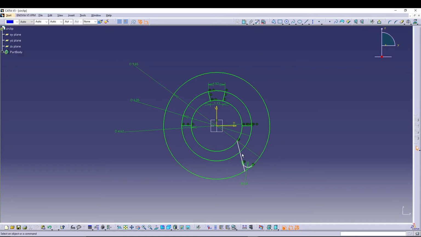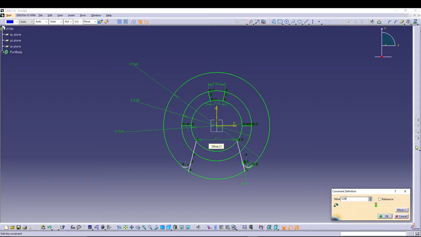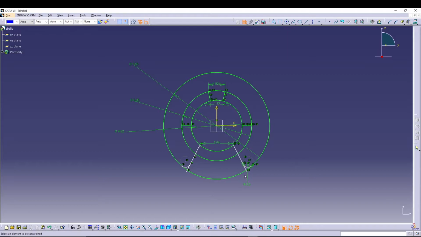or else let's first of all mirror these to the other side. Constrain this point to this, 3.4, from this to this point, 3.81. Okay,